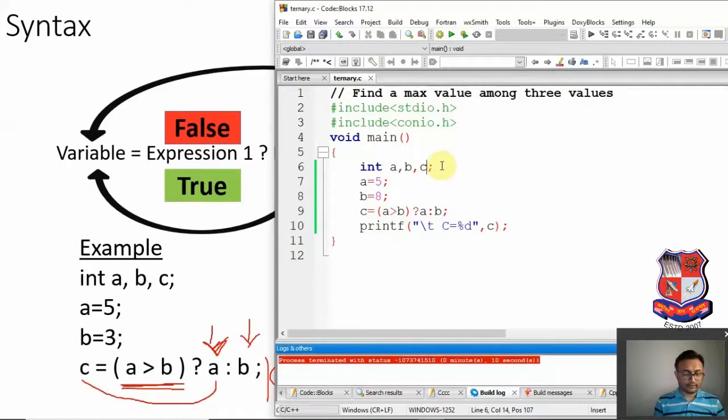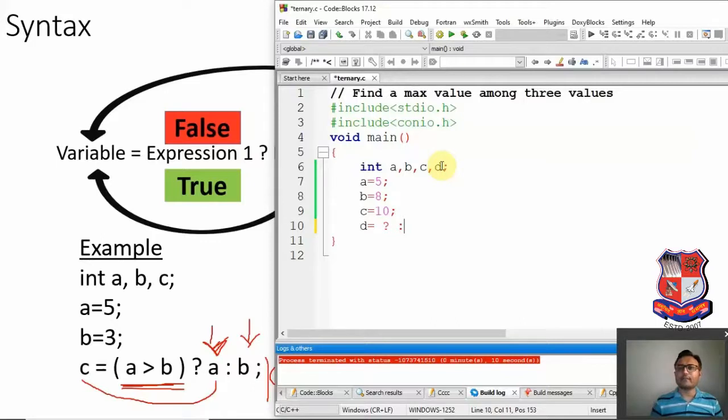So for that we will take one more variable and remove this code. Now declare the value of c initially, and we'll take c equal to 10, and now make the statement. Over here we know that before the question mark is expression 1 that we have to create, after the question mark immediately comes expression 2, and after the colon symbol comes expression 3.